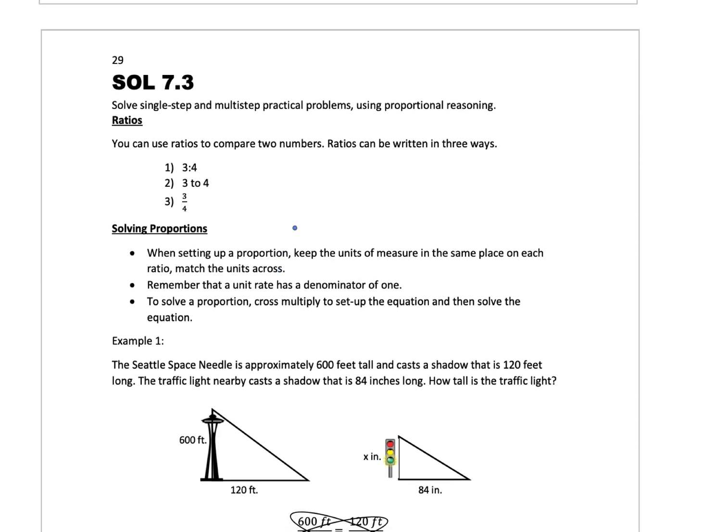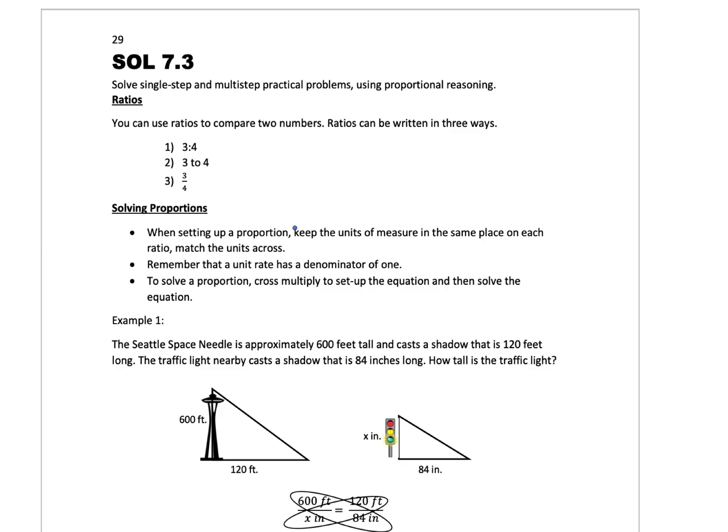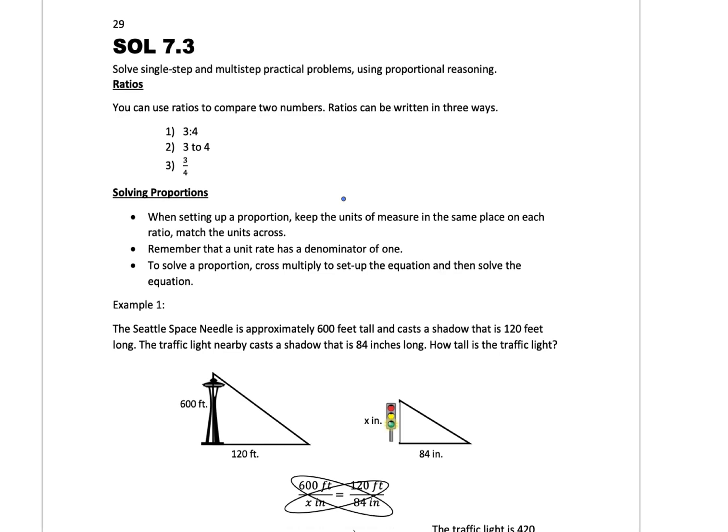As we go further into this strand, we're on page 29 for SOL 7.3, and this standard just asks you to solve single-step and multi-step practical problems using proportional reasoning. So we're going to be setting up a lot of proportions to solve these. Proportions are just two ratios set equal to one another, and ratios can be written in 3 different ways, and